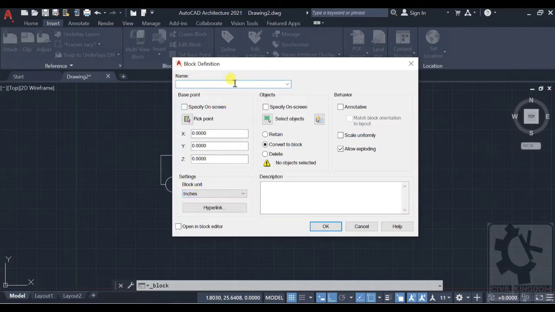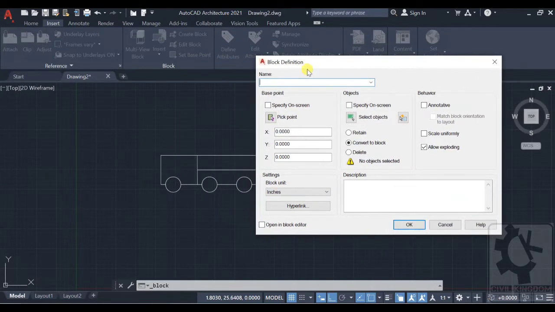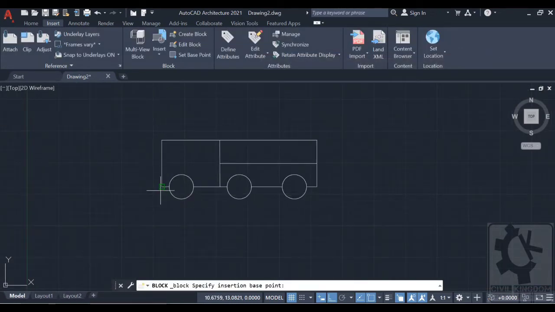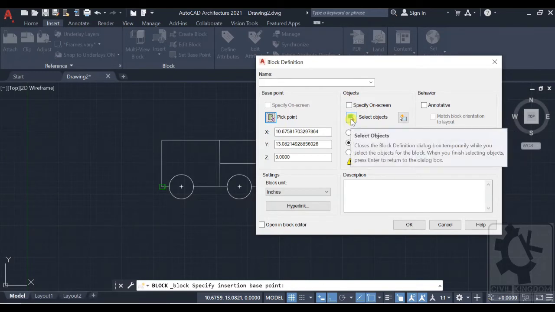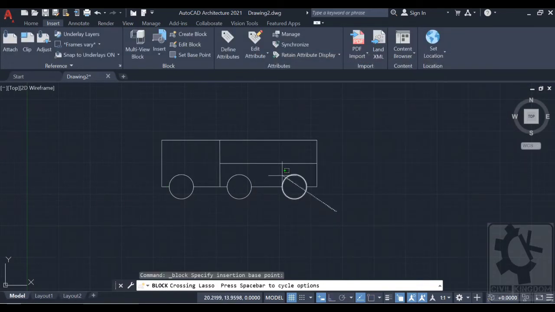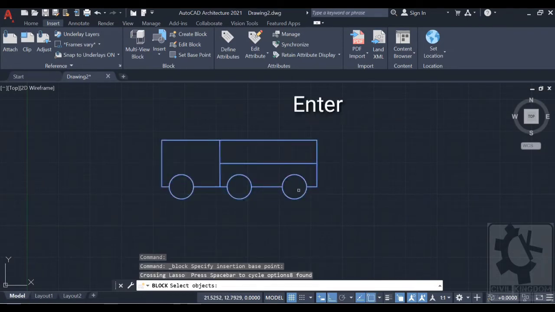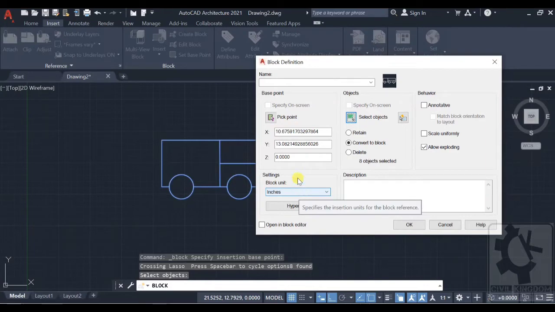So first we're gonna give a base point, so we will press the pick point and we're gonna click anywhere. Say I want this as my base point and left click over that. Then second comes select the object, so I'm gonna select the object. After selecting the object, press enter. Okay, now for the behavior,